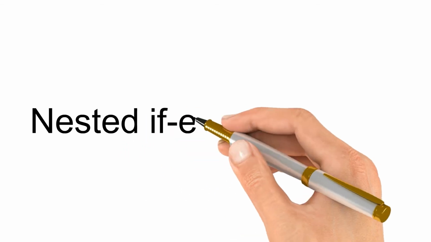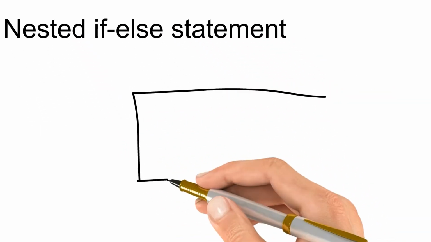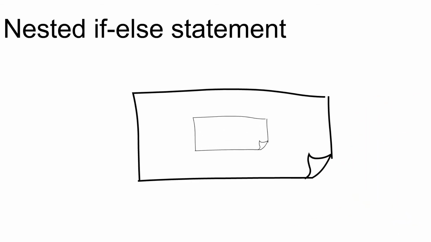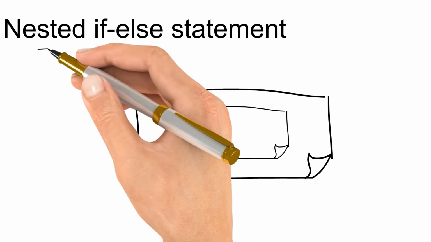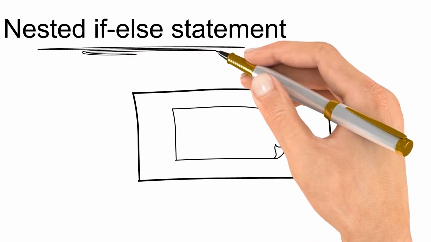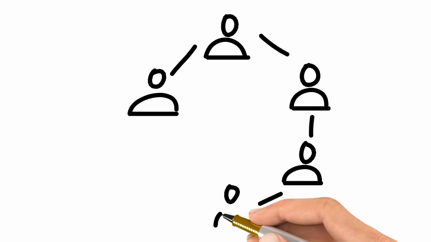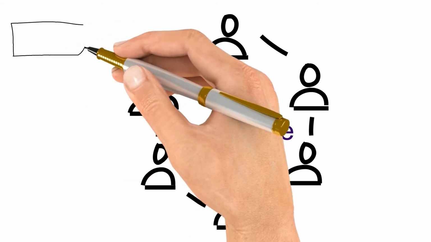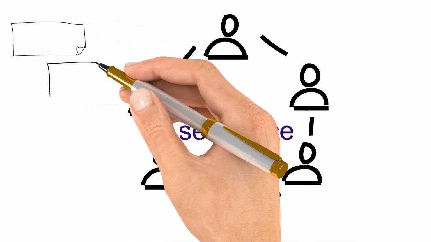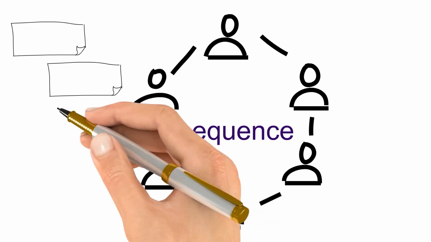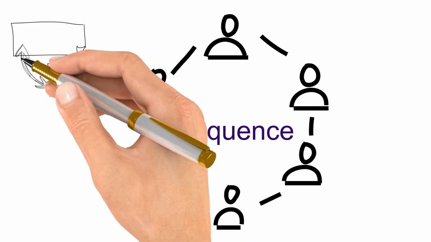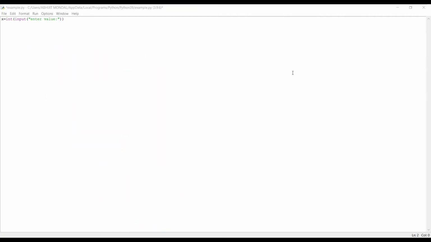Now lastly we will take a look at the nested if-else statements. In case conditional statements within another conditional statement need to be executed, the nested if-else condition is used. In a nested if-else statement, the compiler passes through several checks before execution, but all are passed in a sequential manner. If a conditional statement is indented with respect to its previous conditional statement, then its execution depends on the previous conditional statements solely. Let's see an example.